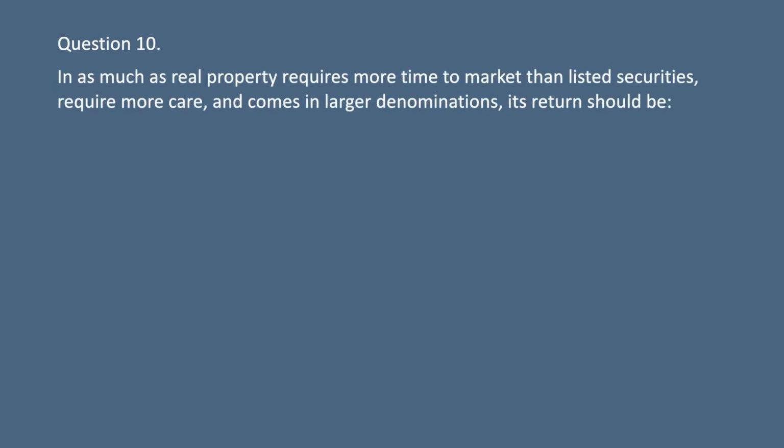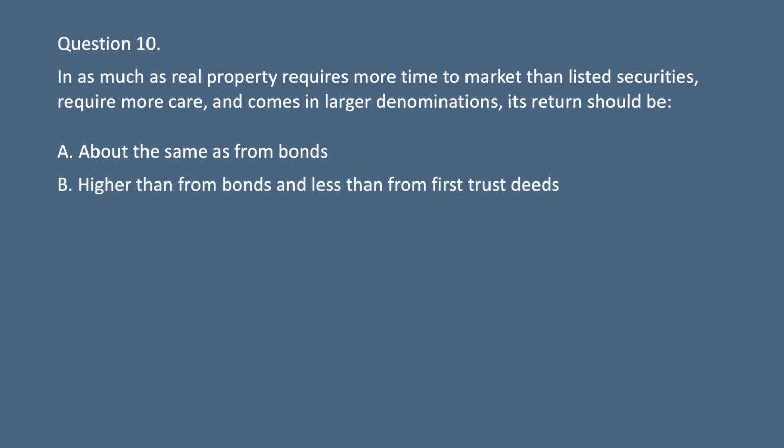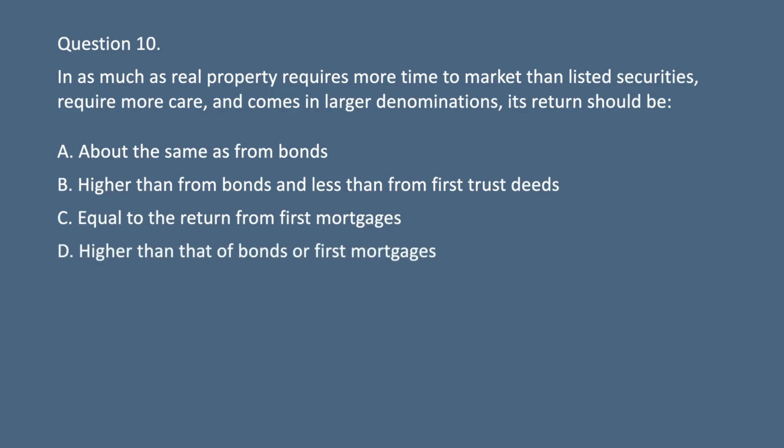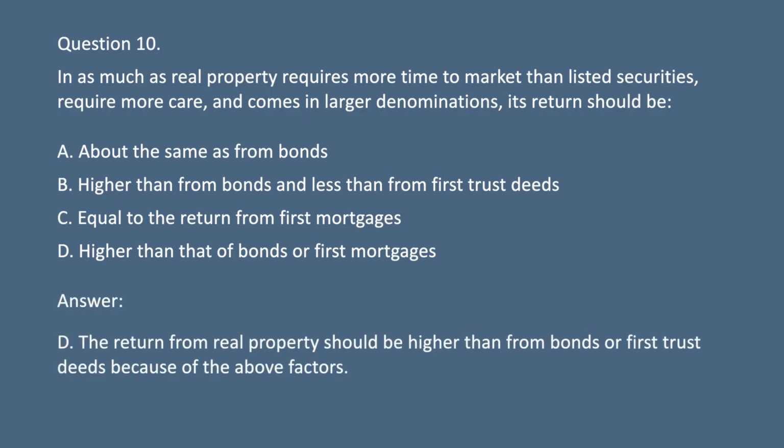Question 10. Inasmuch as real property requires more time to market than listed securities, requires more care, and comes in larger denominations, its return should be A. About the same as from bonds. B. Higher than from bonds and less than from first trust deeds. C. Equal to the return from first mortgages. D. Higher than that of bonds or first mortgages. Answer. D. The return from real property should be higher than from bonds or first trust deeds because of the